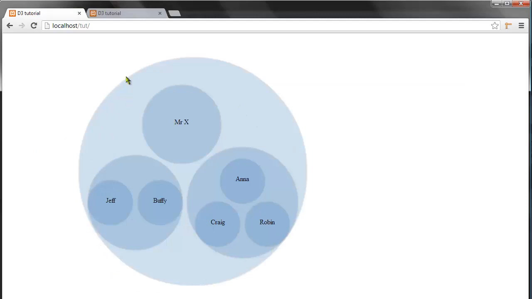The pack layout looks like this, and it has a hierarchical structure as well. The root node is the big circle that contains everything else, and it goes down to the leaf nodes, which are the smallest ones right here. And a difference between the tree layout and the pack layout is that the radius of the circles, well,